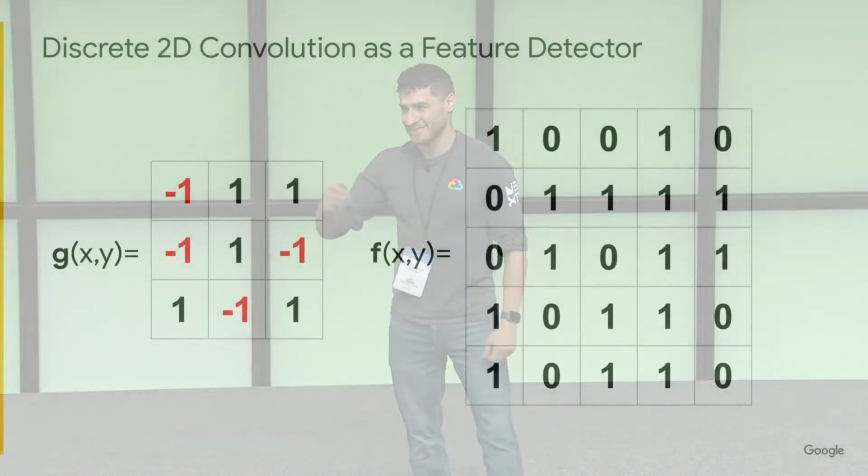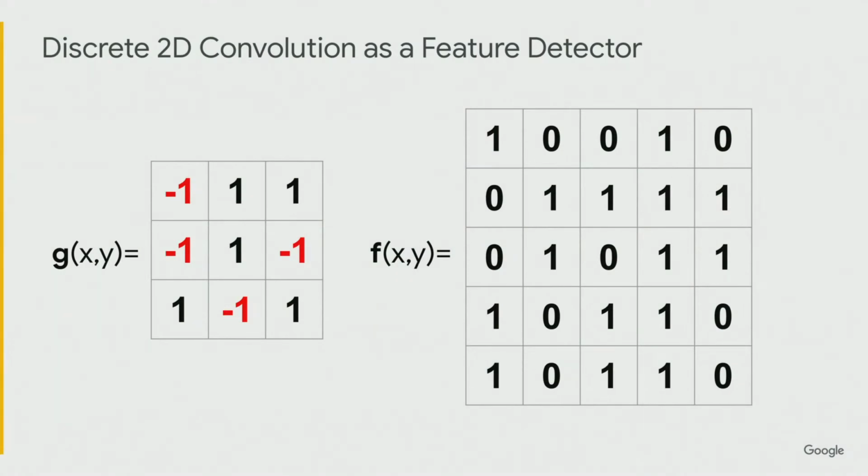So we're going to pretend this discrete 2D convolution is somehow computing the similarity between positions in the input, the image, and the kernel, G, which is the smaller window. Okay, so I've said that, right? And I've said that this works in the 1D case, and it works in the 2D case, and there's a discrete analog. But let's go through a real example to help illustrate how we use a convolution as a feature detector.